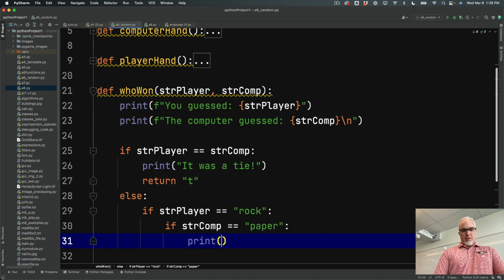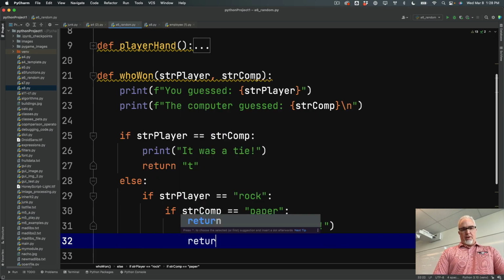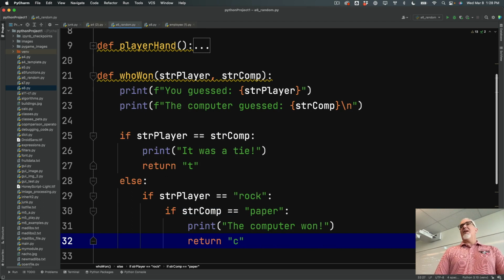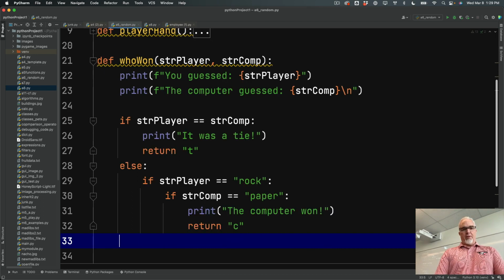Print the computer won, and return, I'm just going to return a P or a C, depending on if the player or computer won. Okay, so if it wasn't a tie and the computer didn't enter paper, then that means the computer had to have entered scissors,